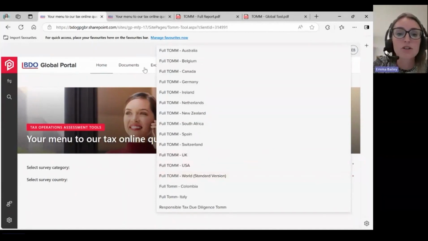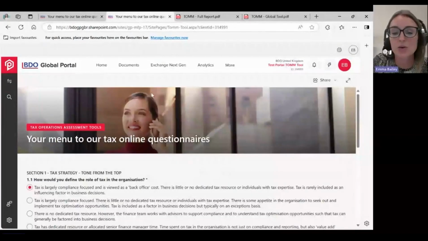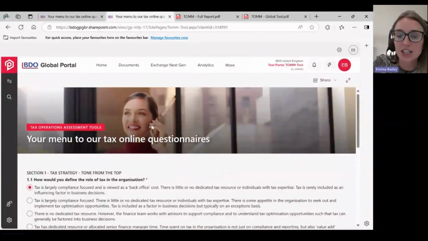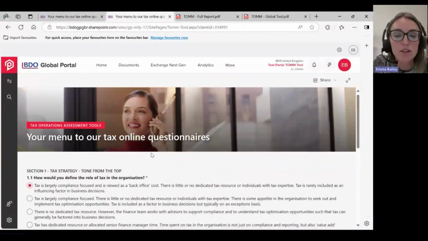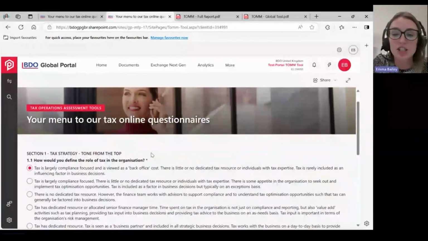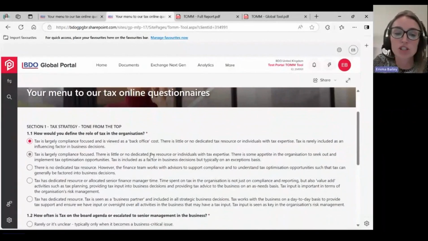If we were to click on Full TOMM UK, I'm now going to give you a flavour of what it feels like to complete the questionnaire. In the questionnaire, there are a number of different sections, and in each of the sections, there are a number of questions for you to answer via multiple choice. For example, in section 1 of the questionnaire, we look at tax strategy and tone at the top, including how often is tax on the board agenda in your